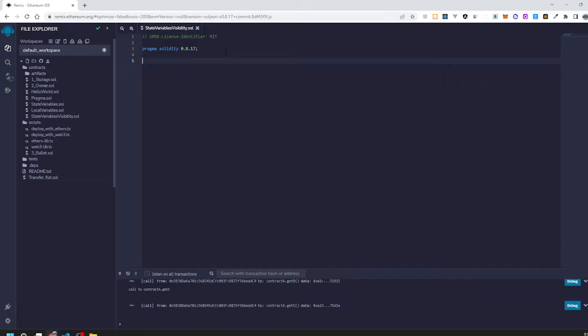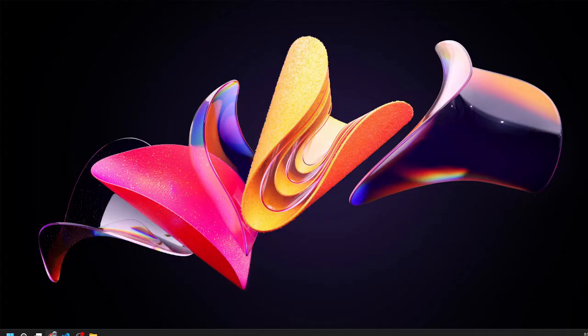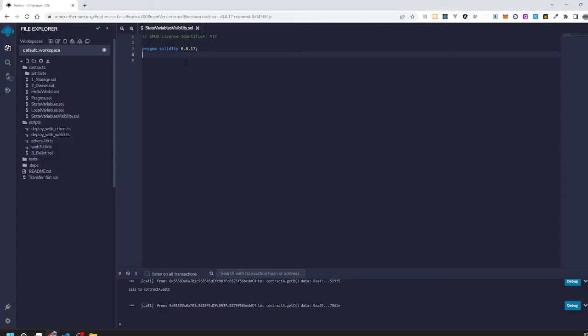Okay, so there are basically three types of visibility: public, internal, and private. I will talk about all three of them. Let's first create a smart contract so we can see how they work. Let's create a contract A